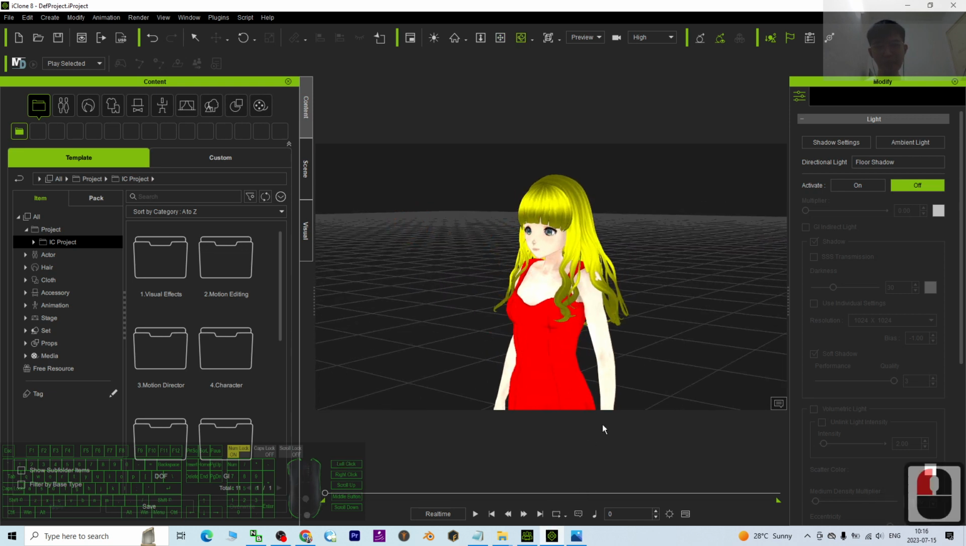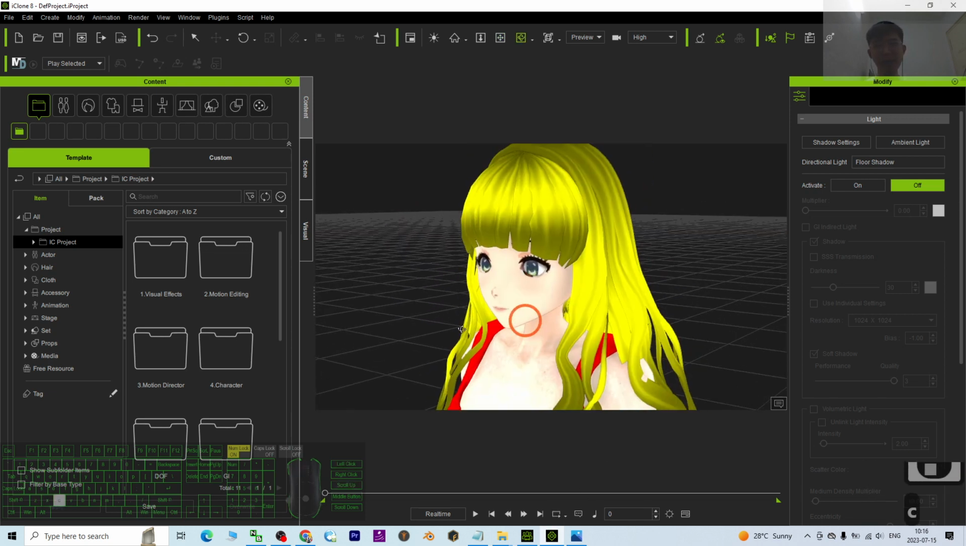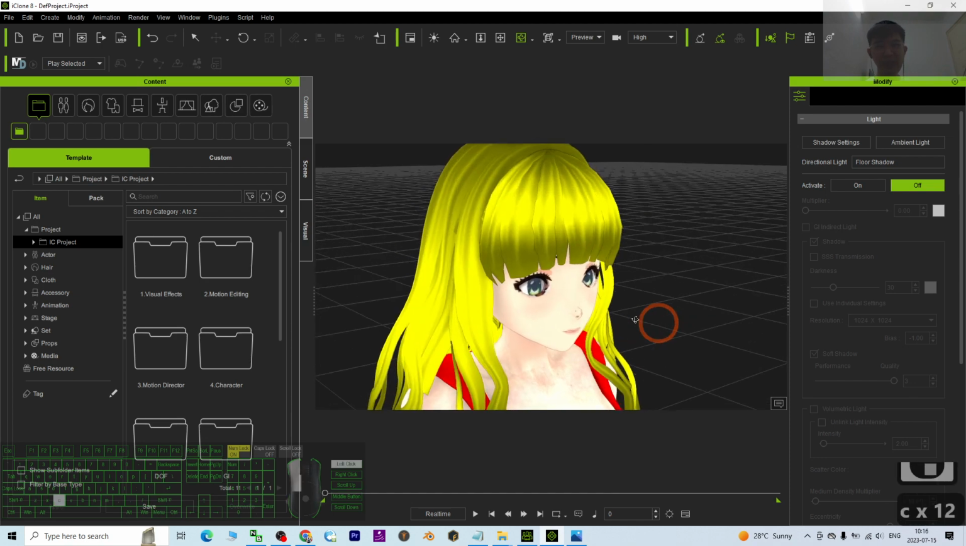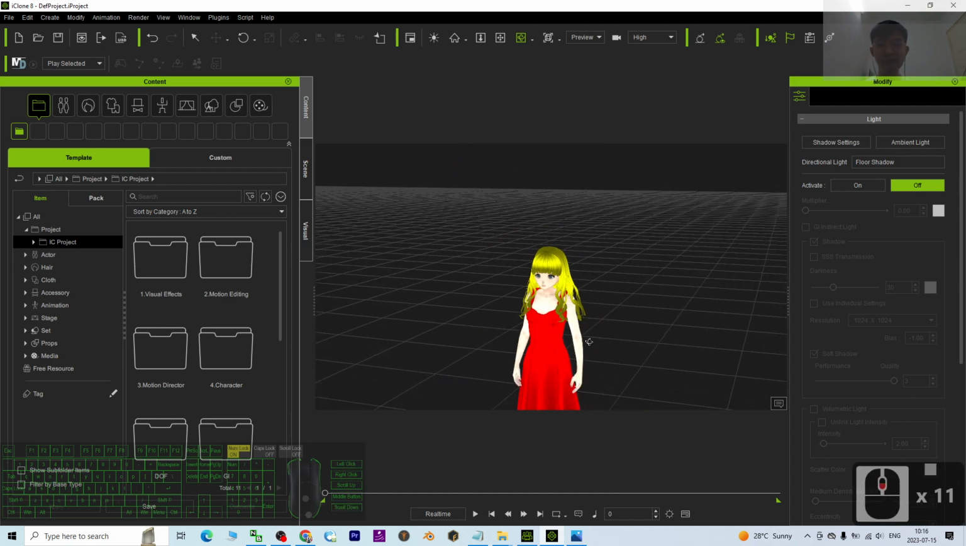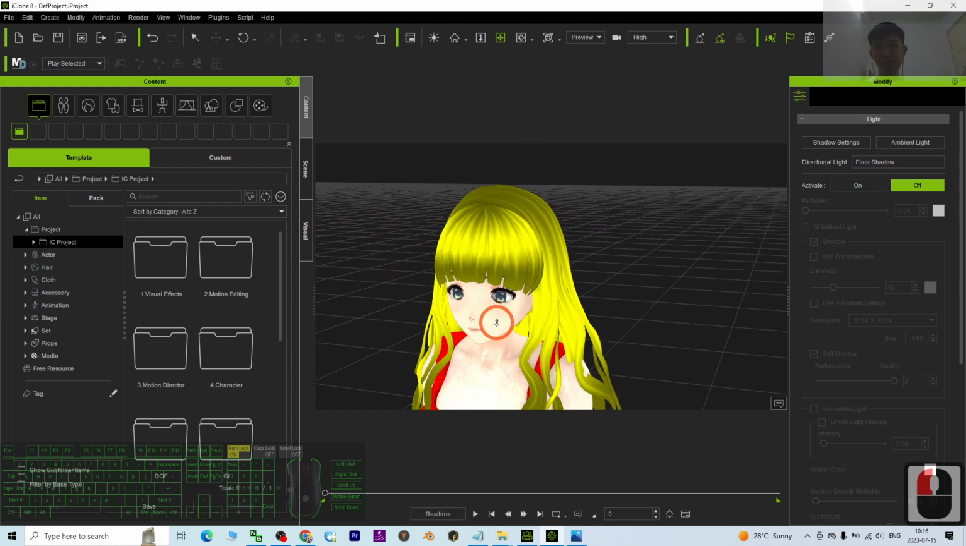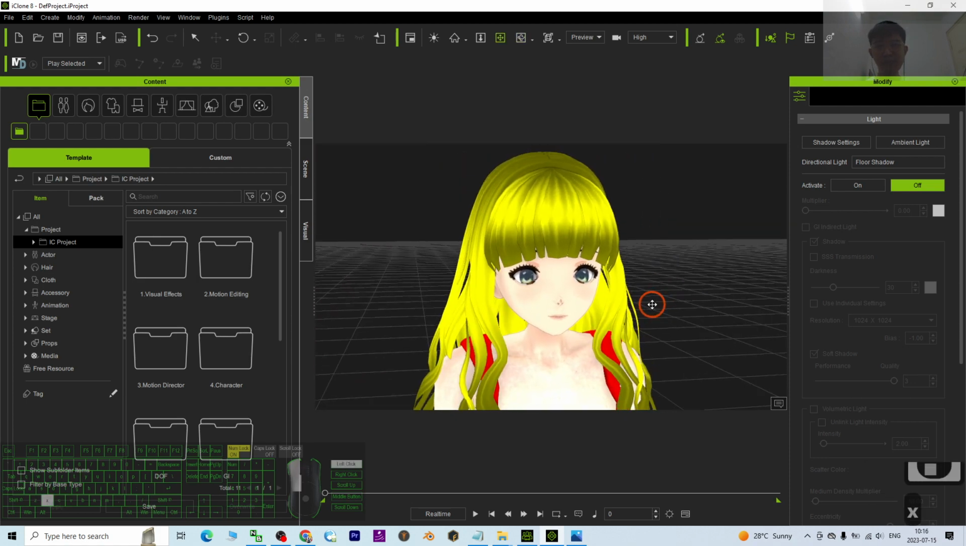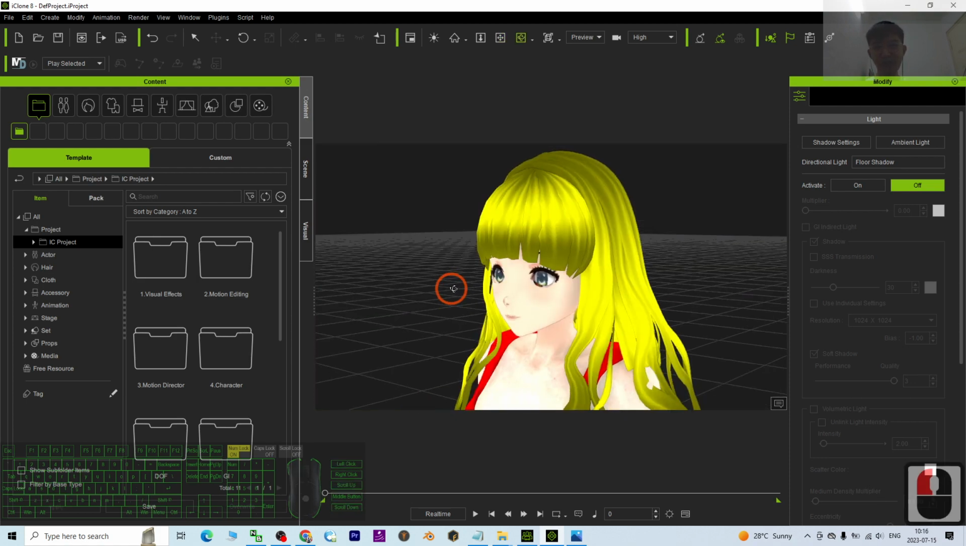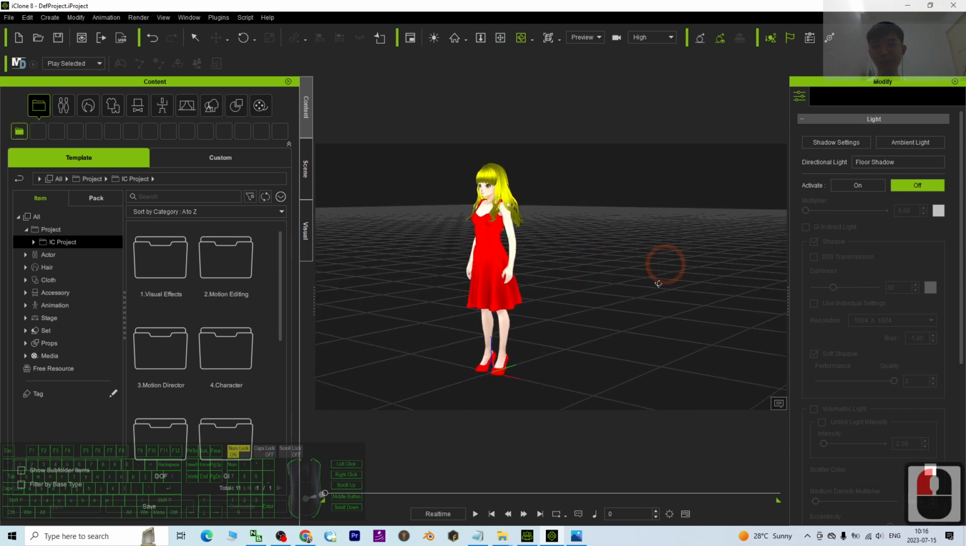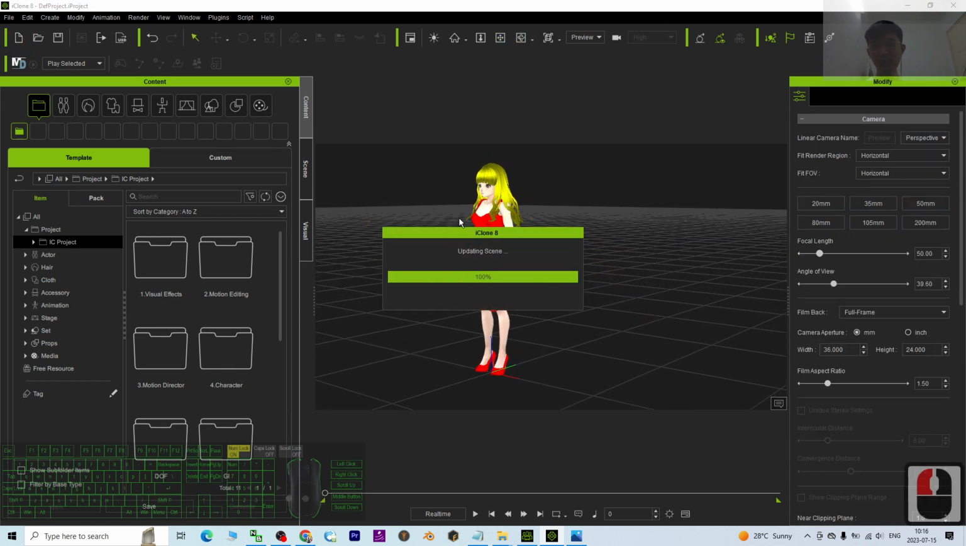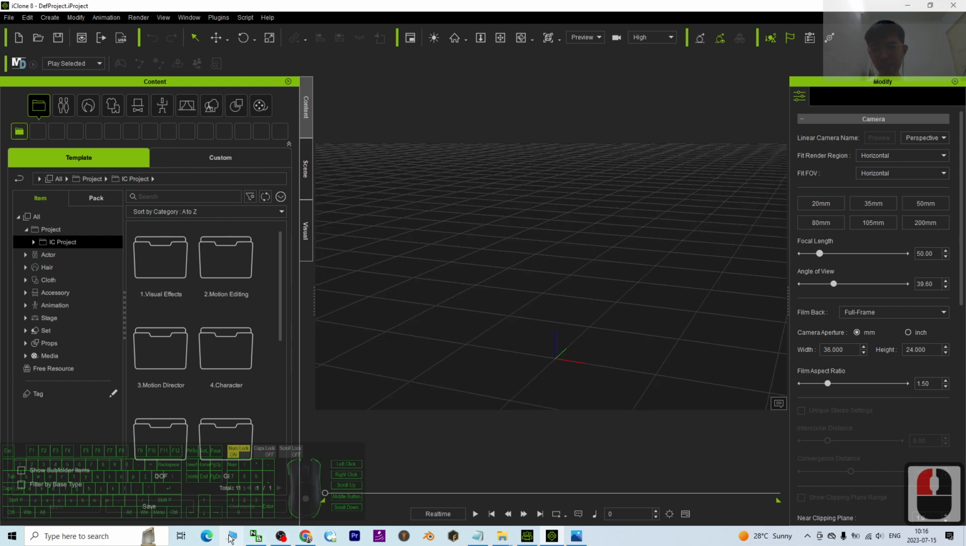Alright, next I'm going to show you how to make this become the manga shader. You can see this is really like the Japanese anime manga style, but how do you make it become this shader? I'm going to show you from the beginning. I create and start a new project, and then